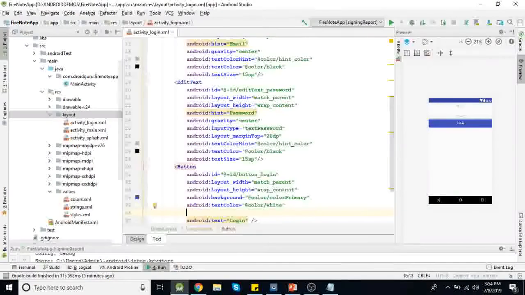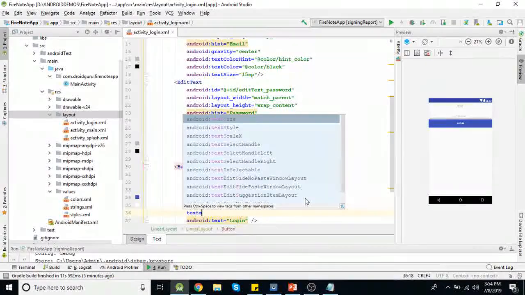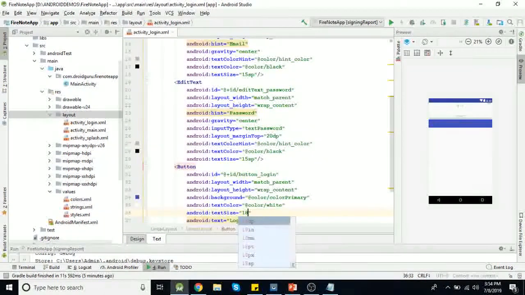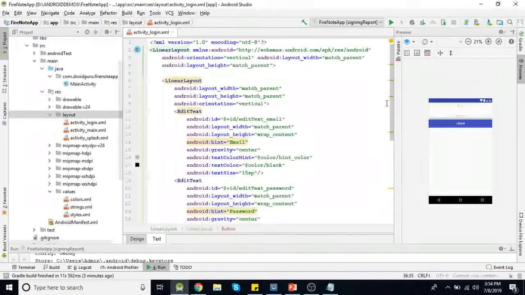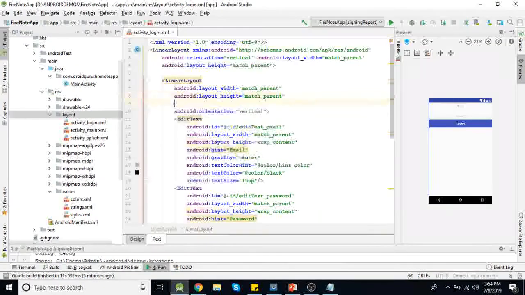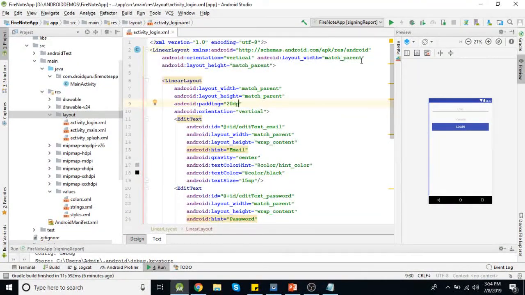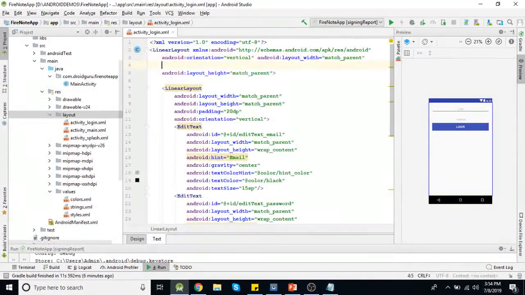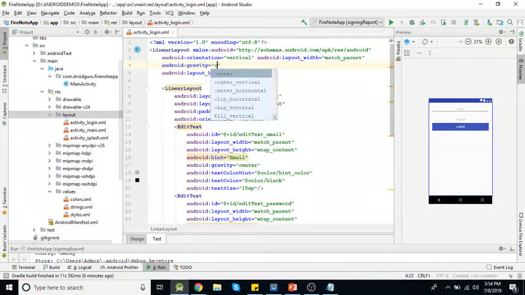This text is looking small, so text size will be say 18 sp. Let's add some padding here, 20 dp. And we need this complete design at the center, so gravity will be center.